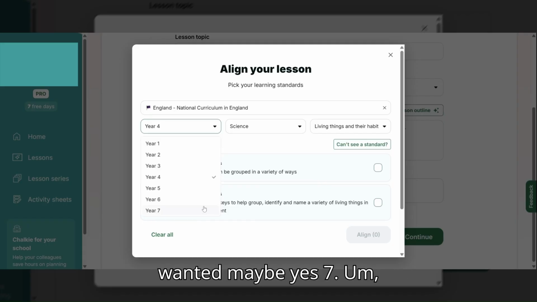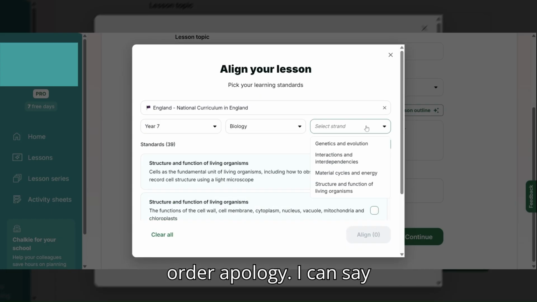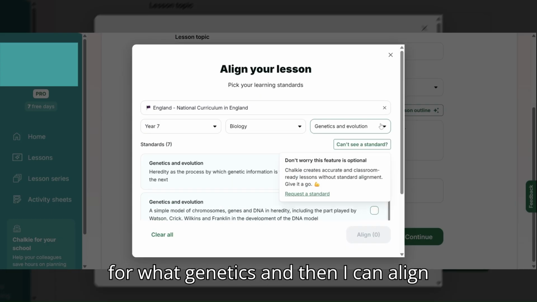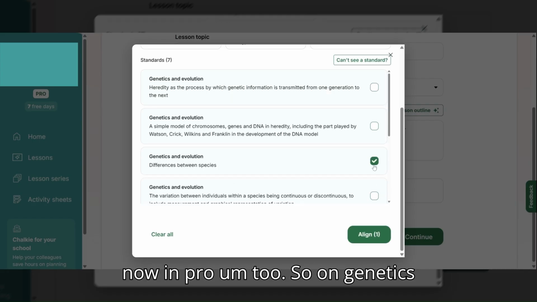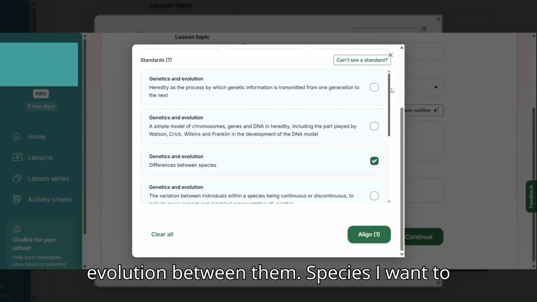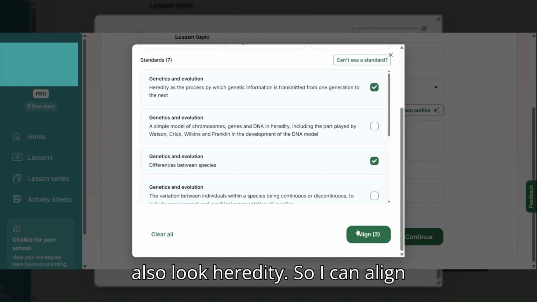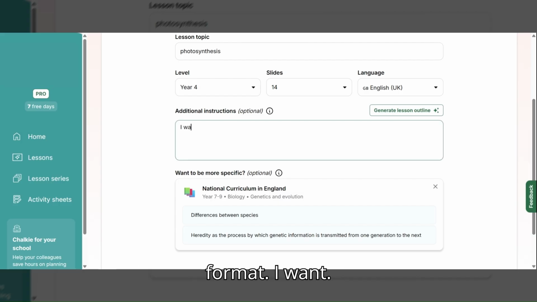So I wanted maybe Year 7. I wanted biology. I can say if I want genetics, and then I can align it. This is very cool, but this is now in Pro. So I want genetics, evolution between different species. I want to also look at heredity, so I can align it. This is where I can put in my format. I want